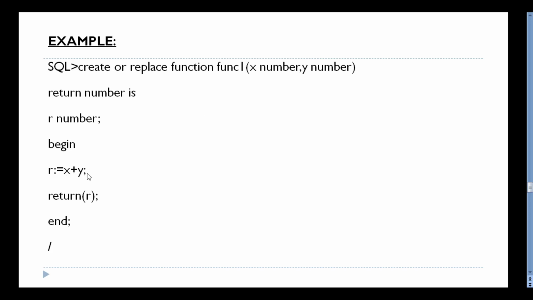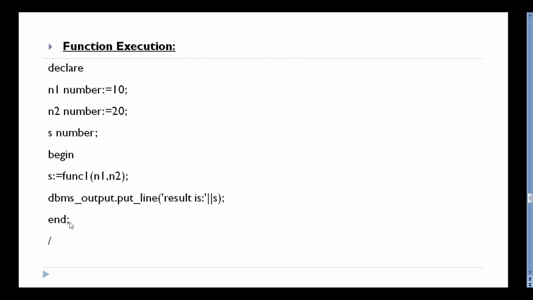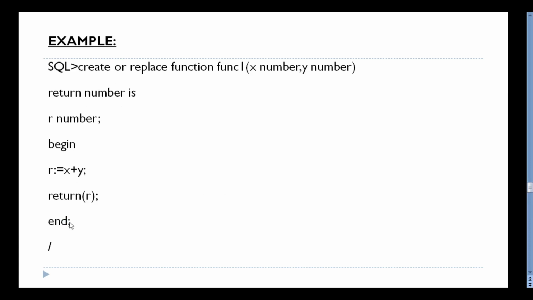The sum is stored into the return variable r, and RETURN r, this is compulsory in the function. END. If you execute this program, it displays function created.